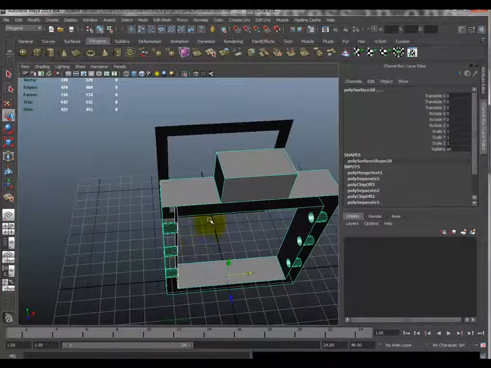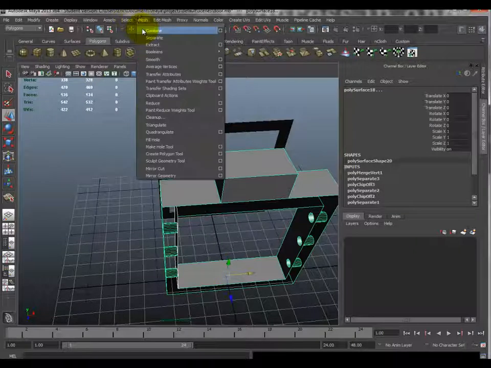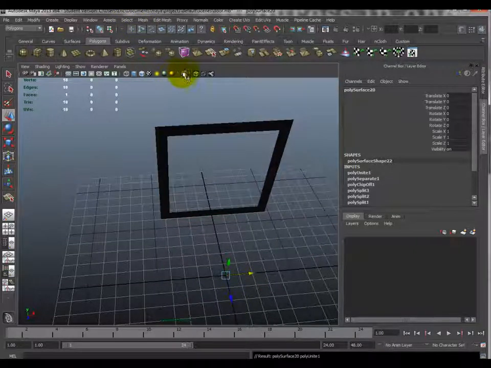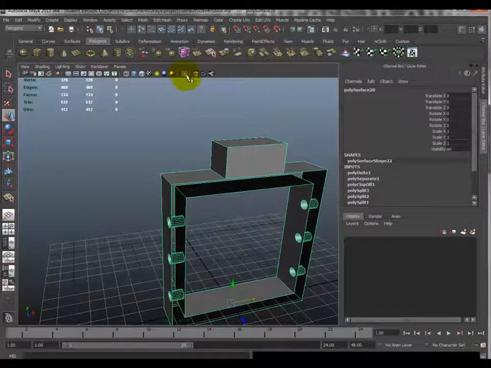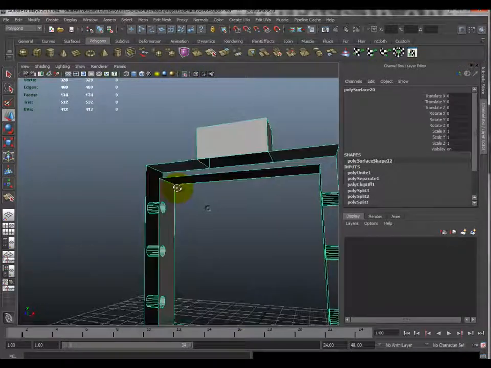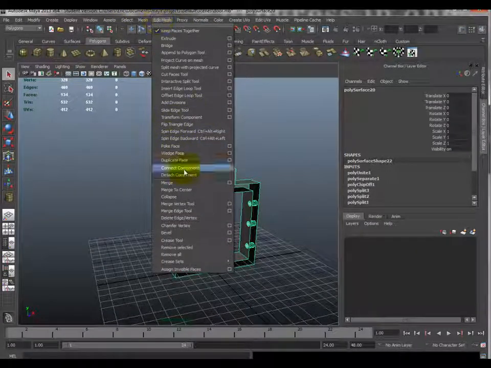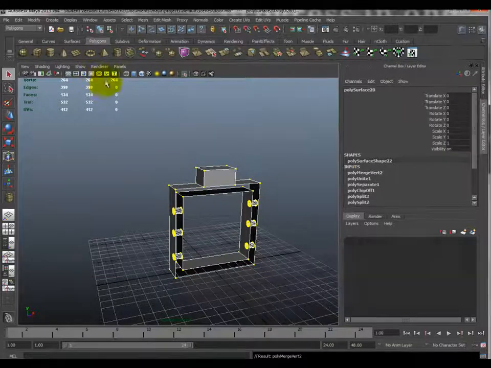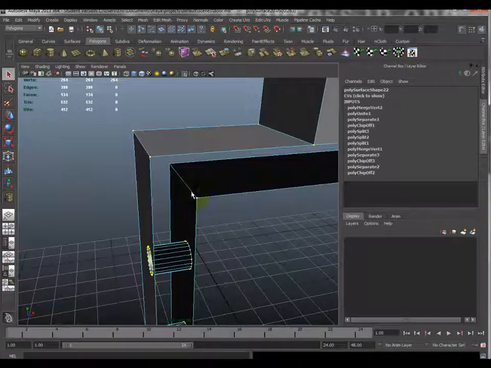Alright, this face seems to be separate from him, so I'm going to select this face, I'm going to select this object, mesh combine. I had to do the isolate select again. So let me again do the edit mesh merge. Yeah, I went from like 328 down to 264. So now I think,